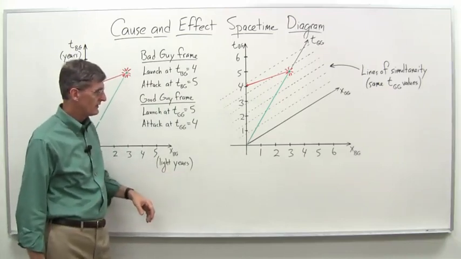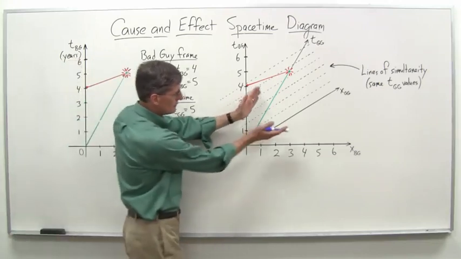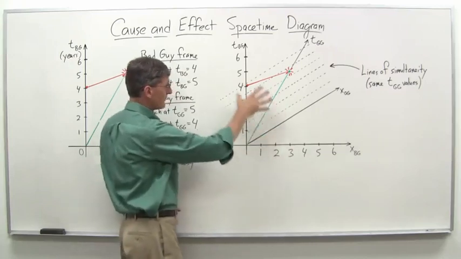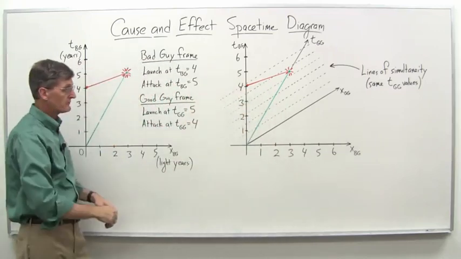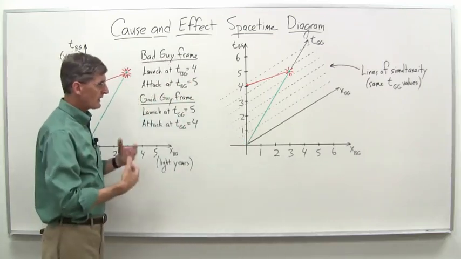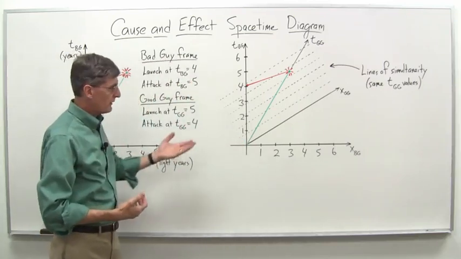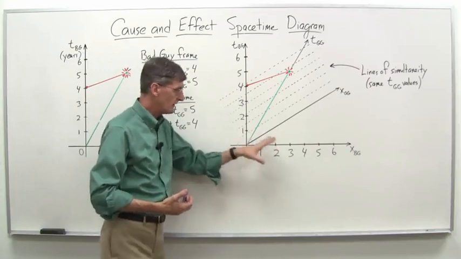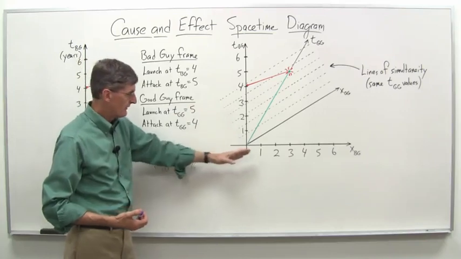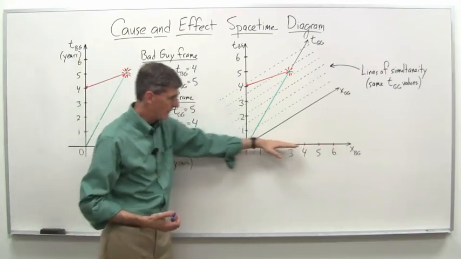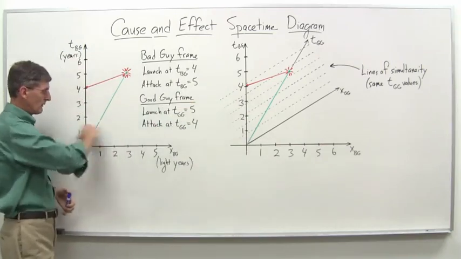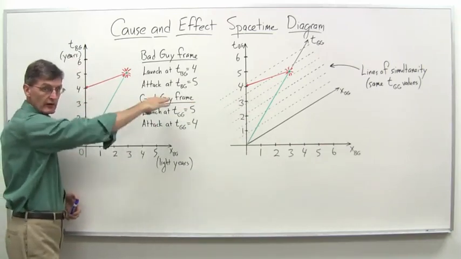But the key thing here is that, of course, you've got your 2 axes as we've shown here. The speed of light in these units, again, it's years and light years, would be a 45-degree line there. And so what do we see from this? Well, remember the lines of simultaneity in any frame of reference are going to be parallel to the x-axis. The x-axis defines everything that occurs at a certain time, so any given horizontal line on the bad guy diagram defines a line of simultaneity.